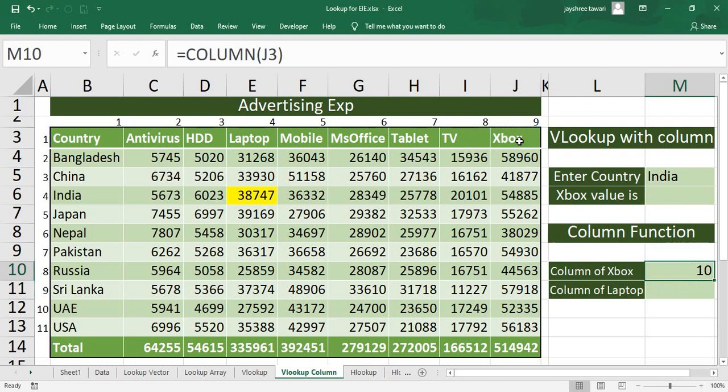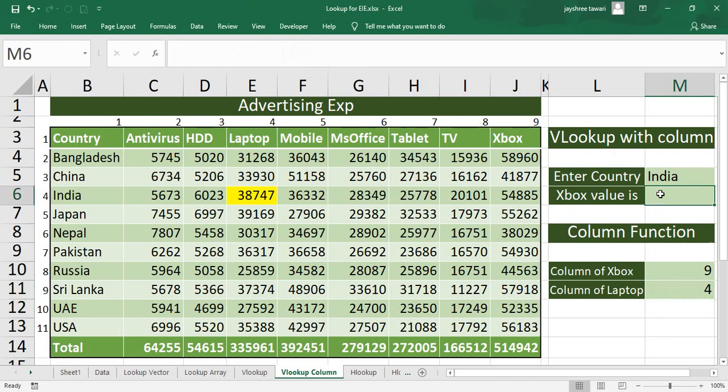That means I can use this concept in my VLOOKUP formula also. So now I don't need to count it manually 1, 2, 3, 4, 5. I can say column of that particular cell. Same way, if I want to find out the column of laptop, I can say column of my laptop cell. The only problem over here is, if you want to work with this column function, the only thing you need to check is whether your data is starting with A. If it is not, again I can go with a simple trick. If it is starting with B, I am saying -1. So it is giving me the right column number, that is 9. Over here also I can say column -1. Since my data is starting with B, I am saying -1. If your data is starting with C, you can say -2 and so on. That's a simple thing you need to do.